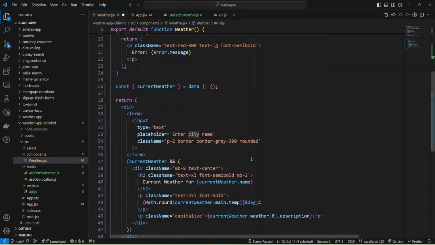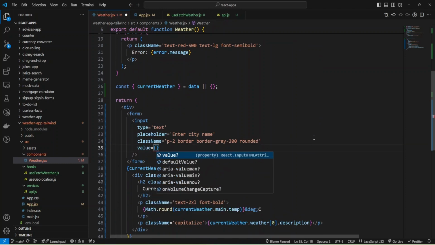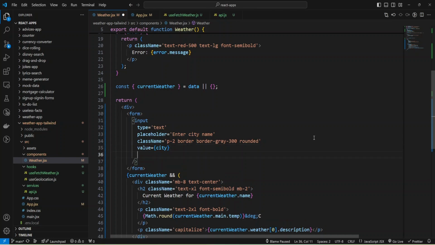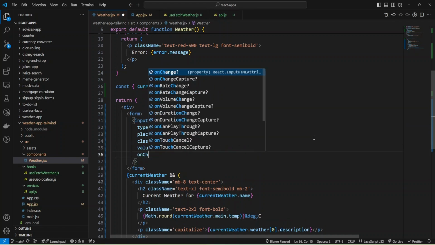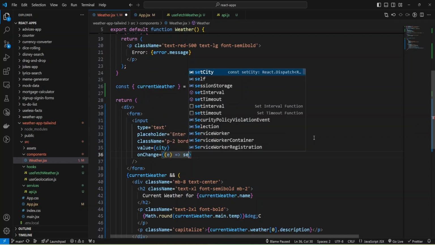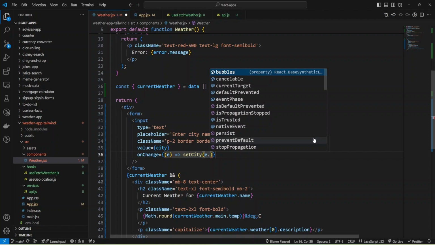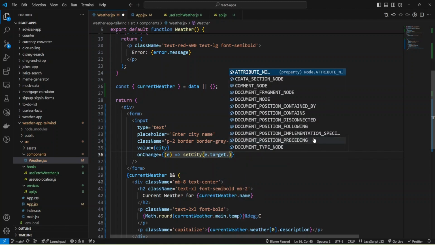And now we can provide this value to our input. Value will be city, and we need some function for onChange, and I'll implement a function that will take the event and set city to the value from my input, and this value will be inside event.target.value.